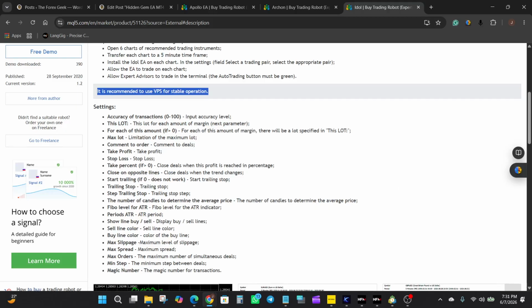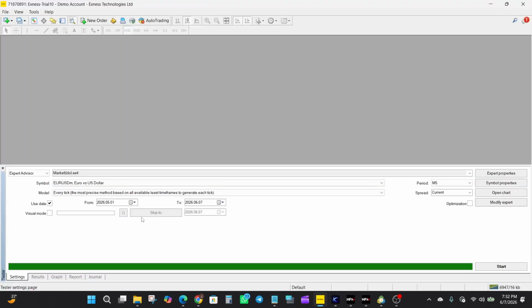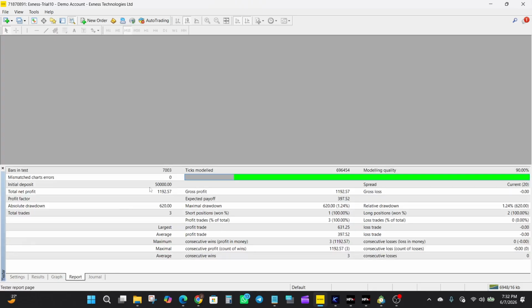Now, shifting into the backtesting section, I'm going to be looking at the historical performance results. So, this is not live market action, but a representation of how the EA behaved under past conditions. So, quickly heading over to our strategy tester, we're testing the idle EA on Euro USD on the M5 time frame as recommended, and then we're testing this over the past month, 1 month and 1 week. And then going to the report, we can see that from an initial deposit of $50,000, the EA had a total net profit of